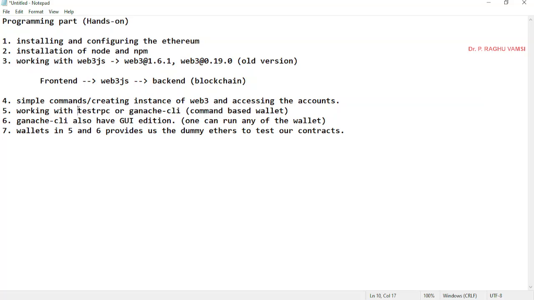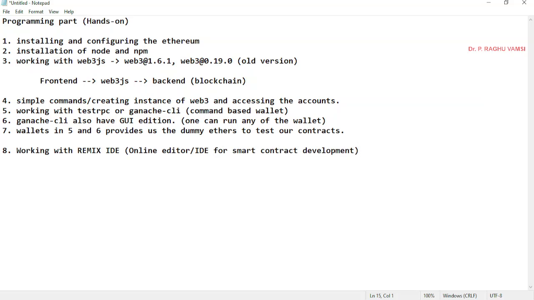You may use either, but if you use Ganache CLI, that will be better, because JSON RPCs have been included in Ganache CLI, so that you can also connect with the Remix IDE. The next one we have seen is working with Remix IDE, which is an online editor or IDE for smart contract development.